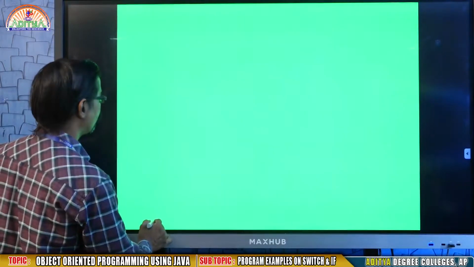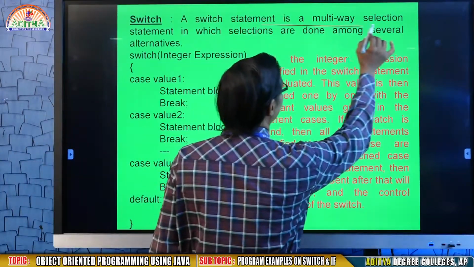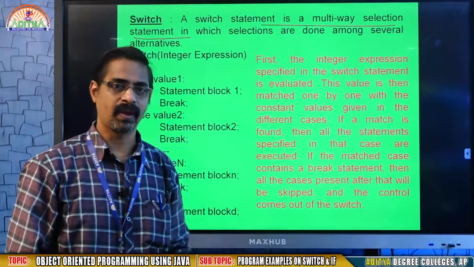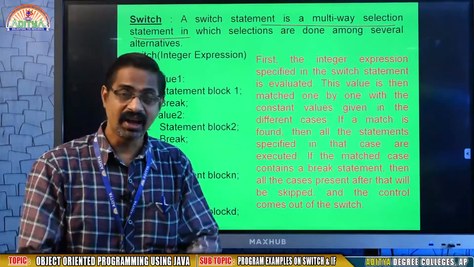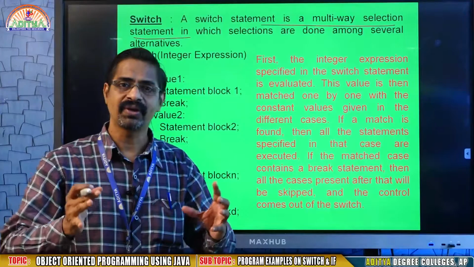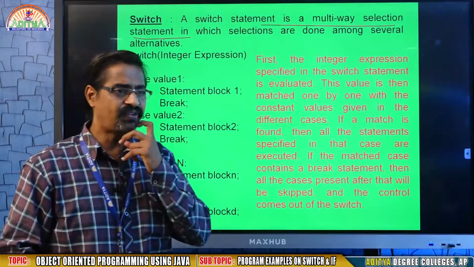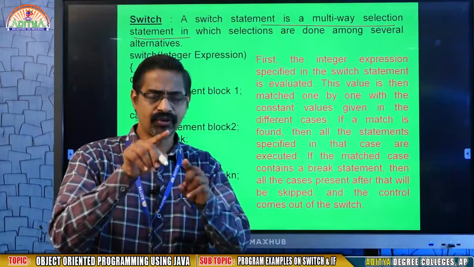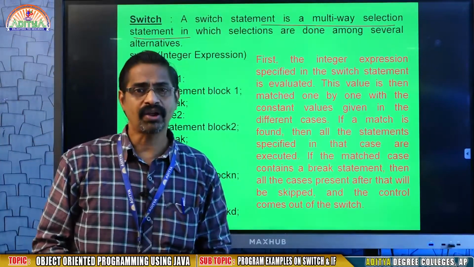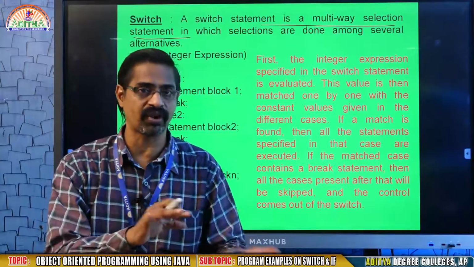Like in this context, you may see the switch statement. A switch statement is a multi-way selection statement. Multi-way, because if is two-way, true or false. But here it is not like that. It is multi-way, that means more number of conditions. For example, if your choice is 1, do that one. If your choice is 2, that one. If your choice is 3, that one. If your choice is 4, that one. Assume that in some situations my selection does not depend on true or false, not on 2 criteria.